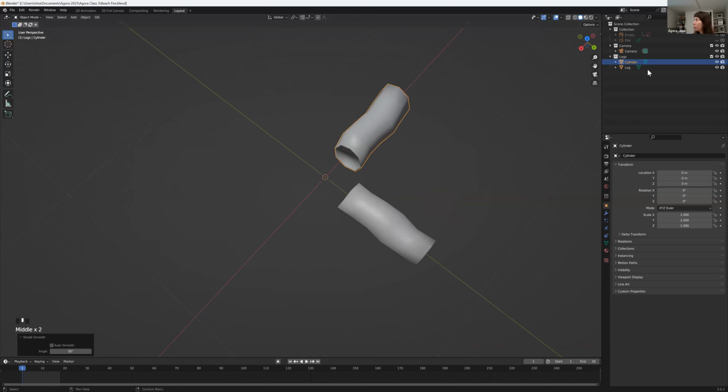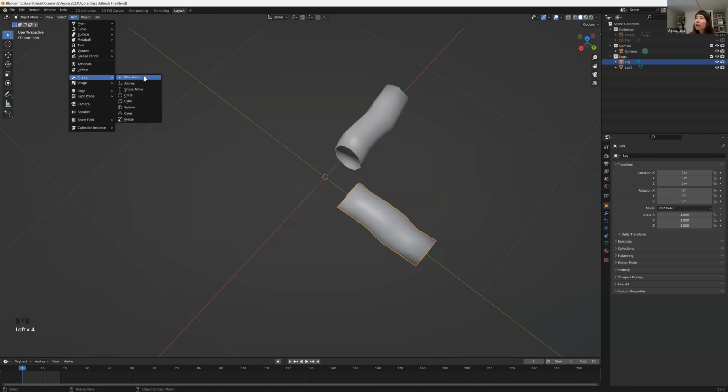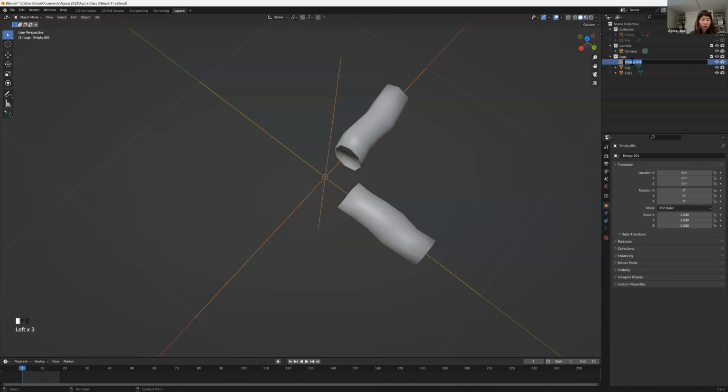Now we have two logs. We're going to be log 2. And I think we can just use an array modifier and randomize them a little bit to make it look like they're more than one, more than two actually. So let's start with this one, and I'm going to add an empty object, empty plain axis, and I'm going to call it rotator, because using an array modifier we can add more objects in a rotational